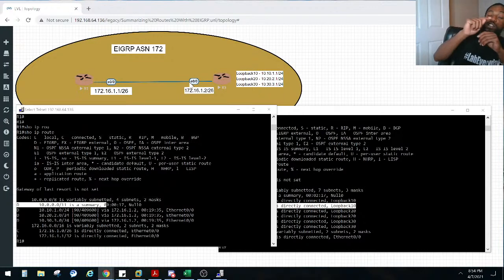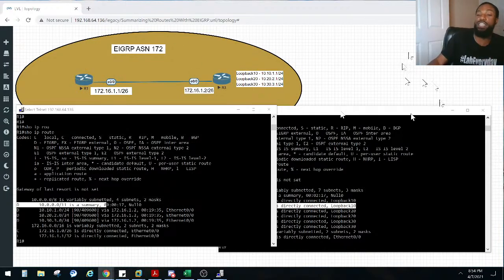The D does stand for the DUAL algorithm, but why did they use D instead of E? I meant to ask you, why did it not use E? Well, that's why they had another routing protocol called, I want to say, Exterior Gateway Protocol, or